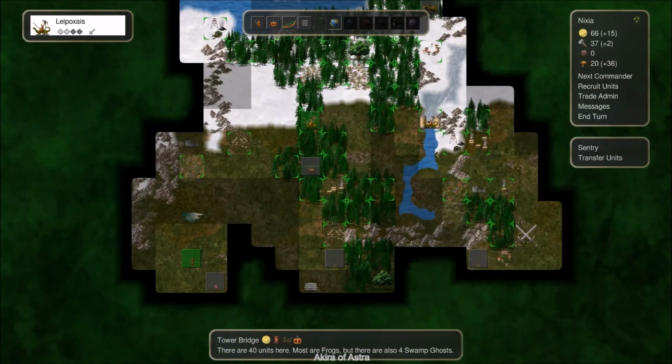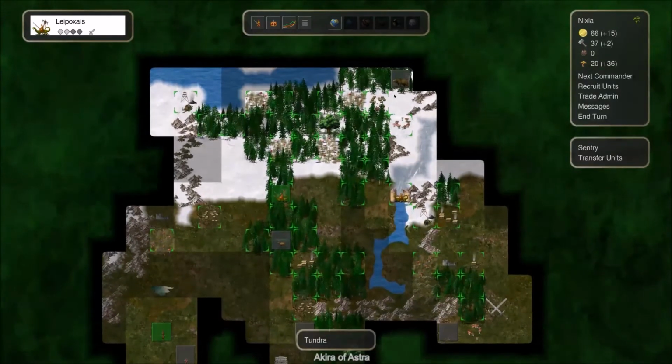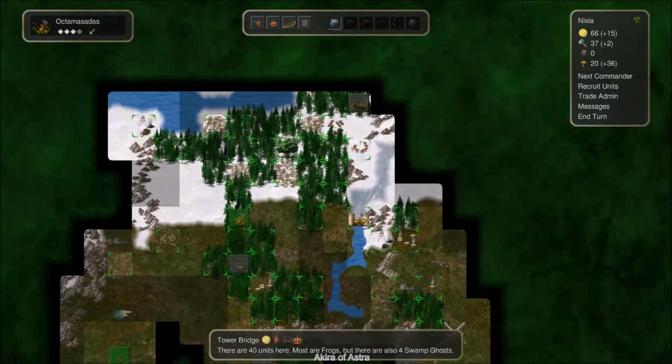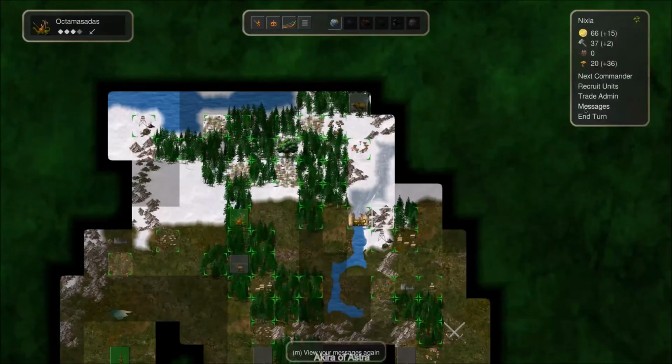And I'm not really sure. If we have to, we'll move him to reclaim some of these forests. We could really be nitpicky and move him all the way up here. Actually, maybe that's the best move. Let's actually move him this way. Let's actually give him all...